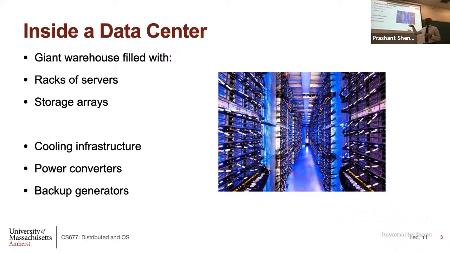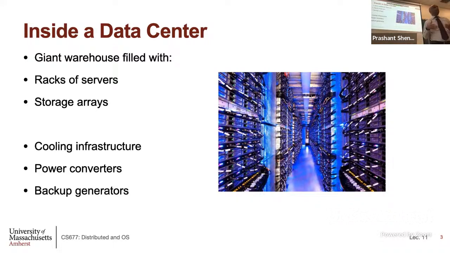Okay, so a lot of other stuff has to be put in place to build these data centers in addition to the servers themselves. Clearly the servers are going to need electricity to power them. So there's a large power infrastructure that is not shown here, but that is used to power the servers. Okay, and then when the servers are running, they'll generate heat. So you need a very large cooling infrastructure. Think about giant air conditioners that are cooling all of the heat that these servers are producing, and the amount of heat that they're generating has kept increasing.